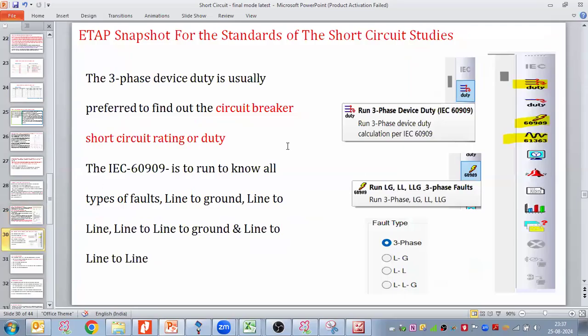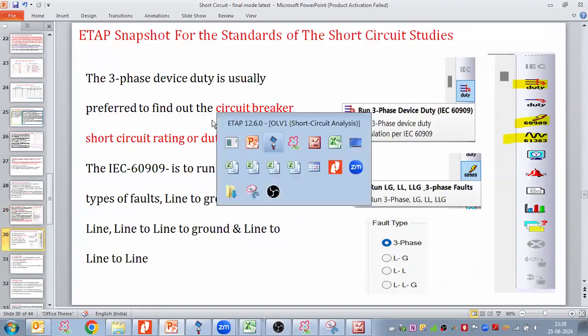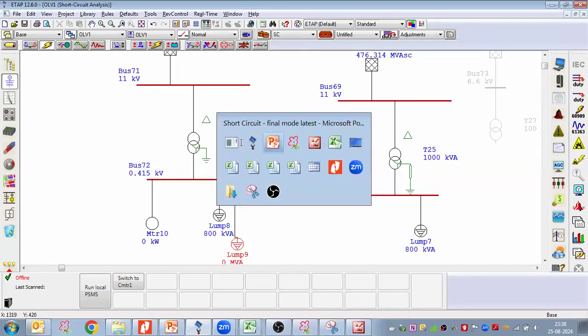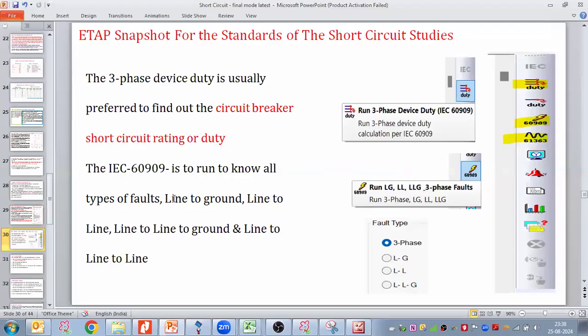Now the ETAP snapshot for short circuit. Here I took the standard. Now I have three options: standard, 60909, and 61363. What is meant by duty? The three-phase device duty is usually preferred to find the circuit breaker short circuit rating or duty. So when we need to find the breaker short circuit duty, we use the duty option, just click on duty. When we need to find line to ground, line to line, line to line to ground, and three phase in detail, one by one,